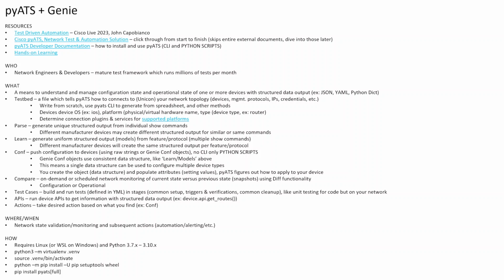So it's very flexible, and you can write code to make your own parsers, etc. Okay, so what exactly is pyATS? And to boil it down into one sentence to keep it really, really simple, pyATS is a mechanism or a